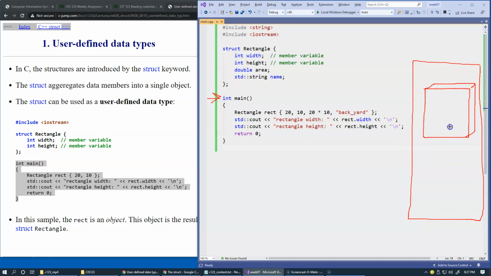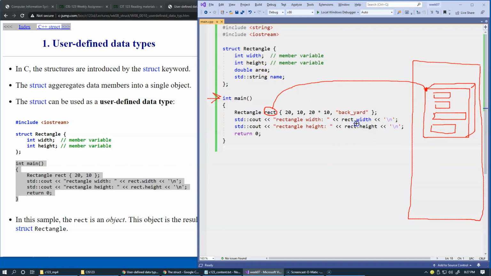Because it's an actual object in memory, it will contain width, which is an integer. It will contain height, which is another integer. It will contain double area, which is twice as big as an int, very likely, right? And there's also a string object built into it, which will contain this name when we get it to initialize. So this is what happens when we create this, and so this box gets this name rect, and now once we have it, we can refer to its components: width, height, area, and name,